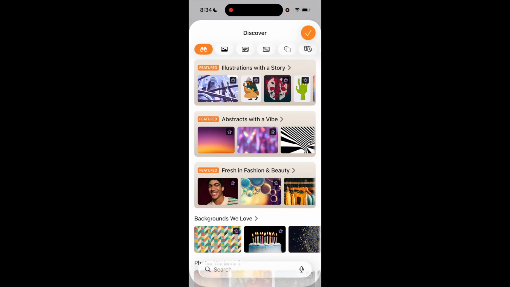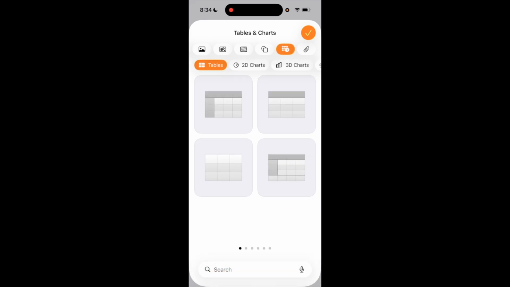So in this Pages tutorial video, I will be showing you guys how to add an interactive chart here on the Pages iPhone application. So once Pages is opened up, go to the top and press on the purple square. Where it says Discover, below that there's a bunch of different icons. Just slide to the far right and press on the second last option where it says Tables and Charts, and